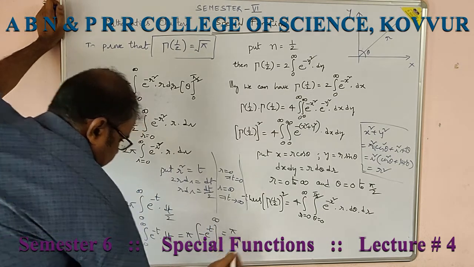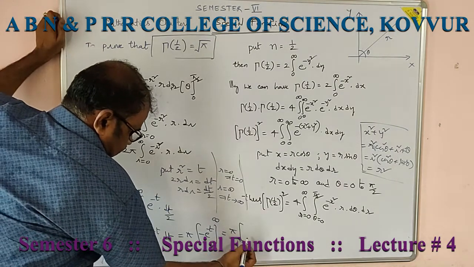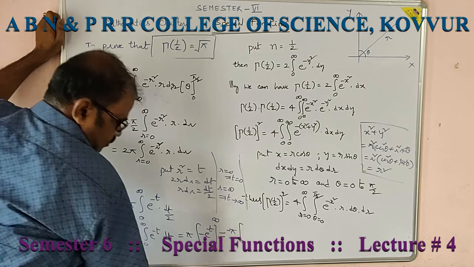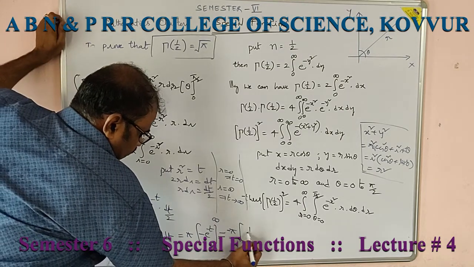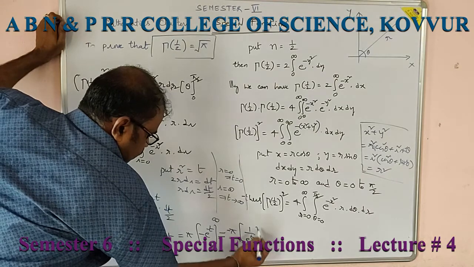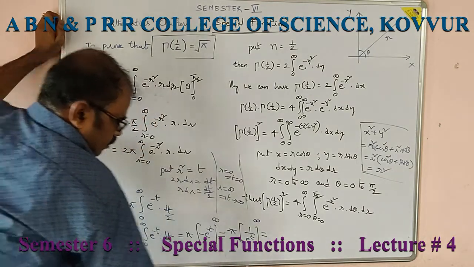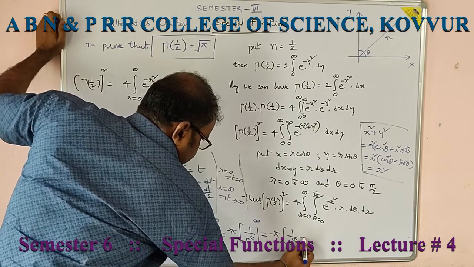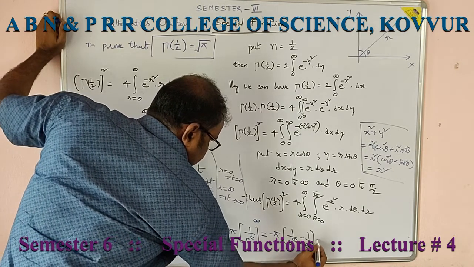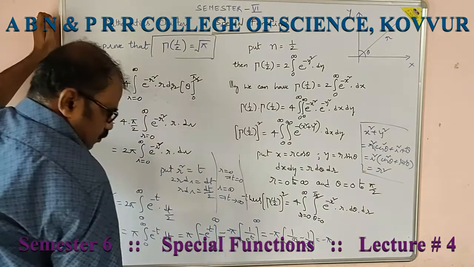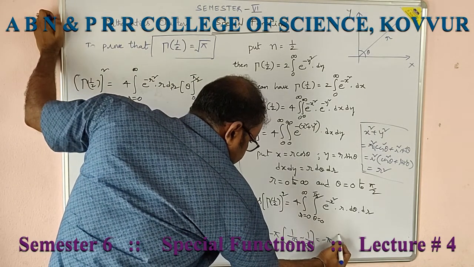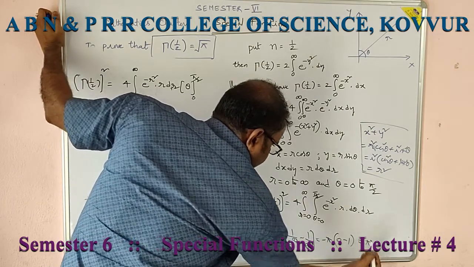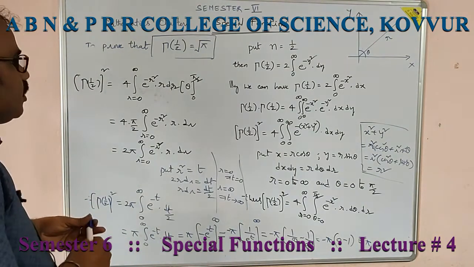That is pi into minus pi. Let's take out that negative. Minus pi into 1 by e power t between 0 to infinity, which is minus pi into 1 by e to the power of infinity minus 1 by e power 0. That is minus pi into 1 by infinity, 0, minus 1, which is pi. So what you have?